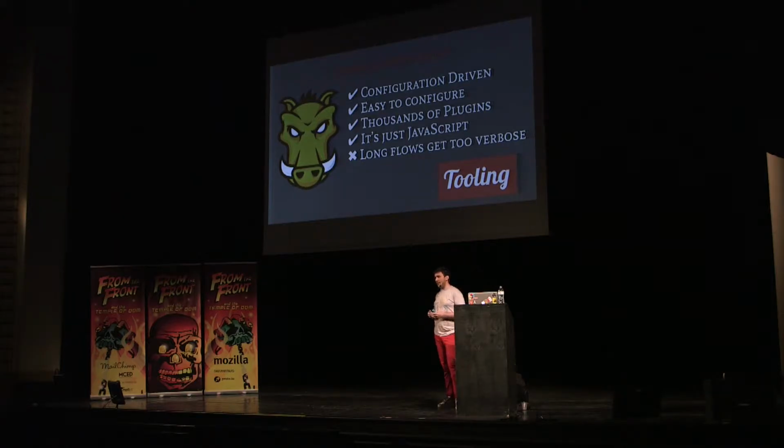The issue with Grunt is that long build flows tend to get too verbose, right? And unless you're configuring each different task in different files, it gets kind of messy. And the problem is that even if you do that, it's kind of blurry, because the different tasks are really the plugin names. Maybe you have a CSS debug task and a CSS release task, and you have to configure them pretty much in the same place, and they don't really have a relationship that's